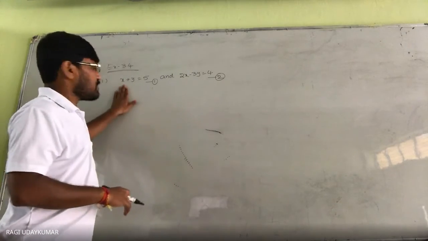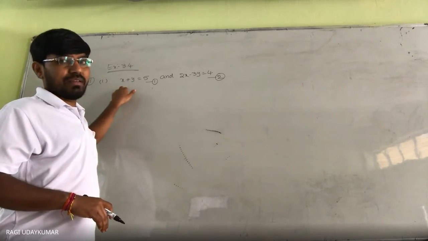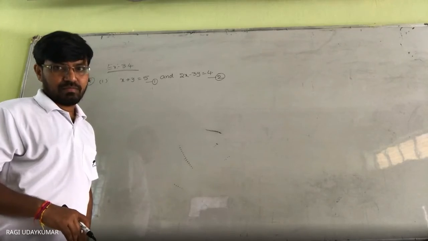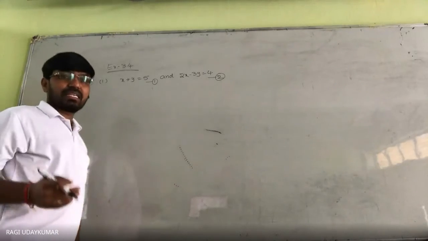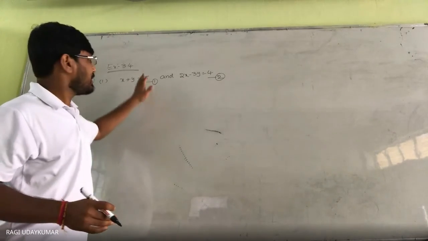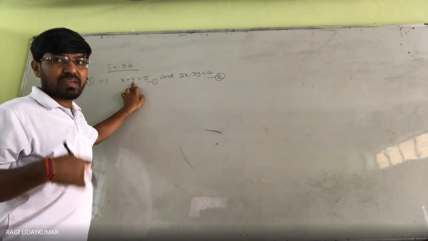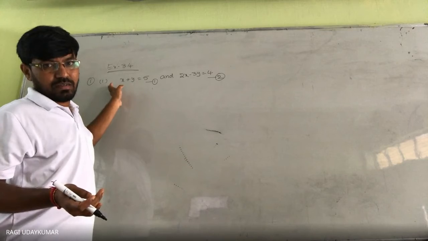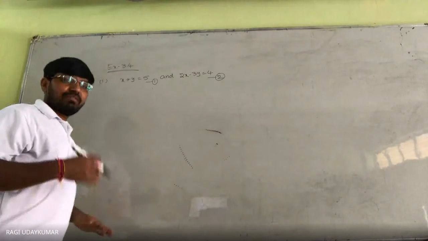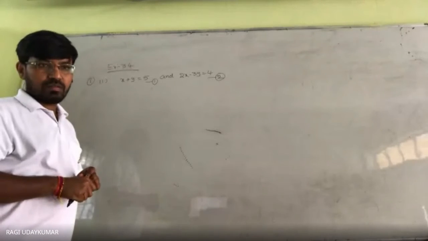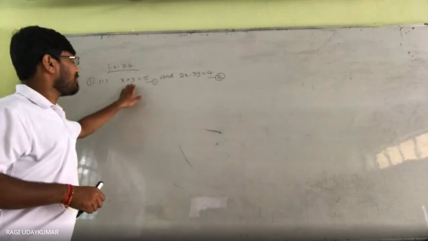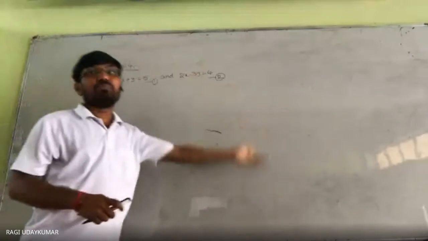In the elimination method the procedure is the same, but some students may eliminate y first and some may eliminate x first. Whatever the way, you are going to get the same final solution. In case of y, there is 3 and minus 3. Can we multiply by minus 3 with equation 1? Yes, you can multiply by minus 3 and then subtract.